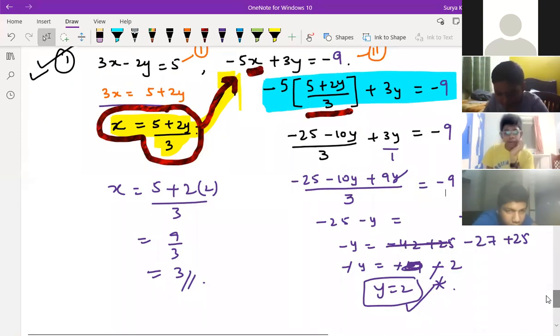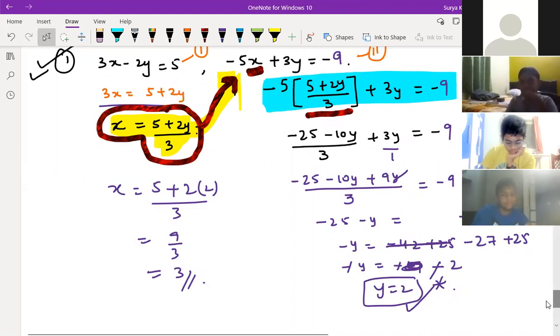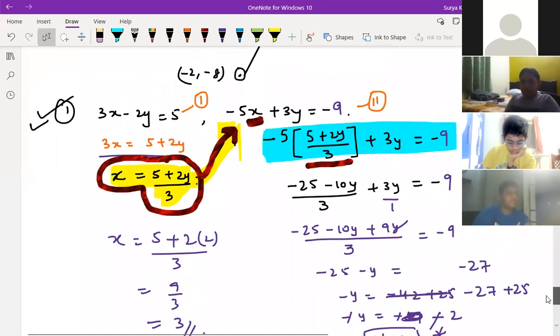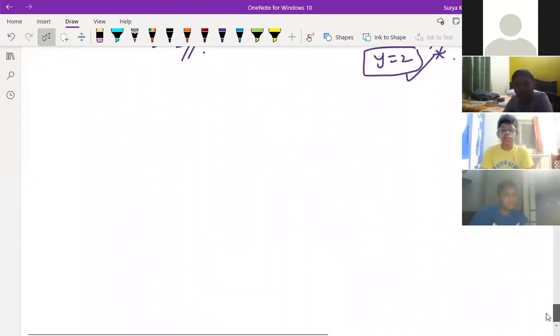Or simply, if you search the net for linear equations of two variables for class 10th, you get so many equations, just solve them. And if you're not getting, I'll send you in the classroom. So the next part is, I believe both things are clear to everyone, the substitution method as well as the graphical. You can try at least 10 questions based on it.